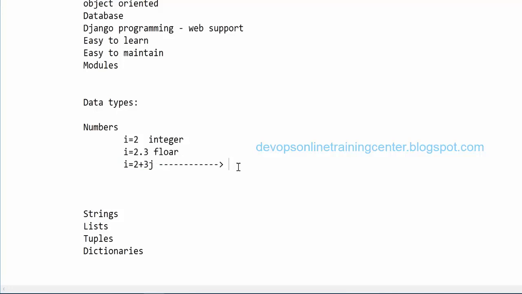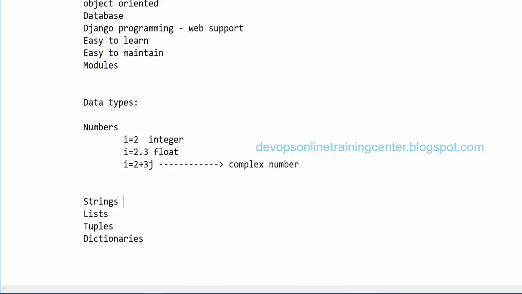What is this number called? Float. This is float, which has a dot in between. So this is something called a complex number, right? Okay. So Python supports these data types.